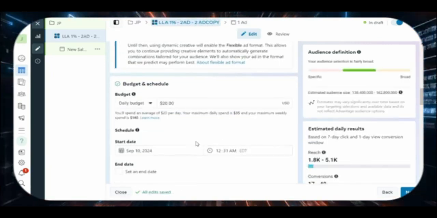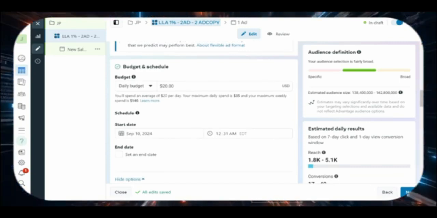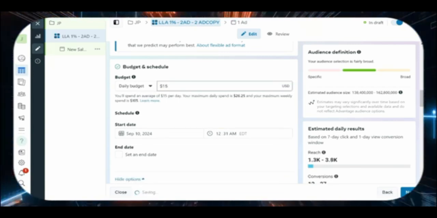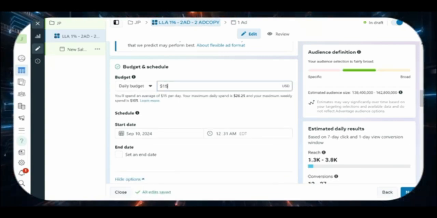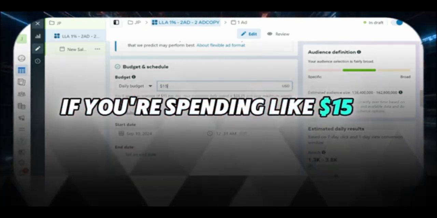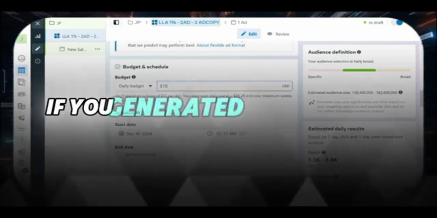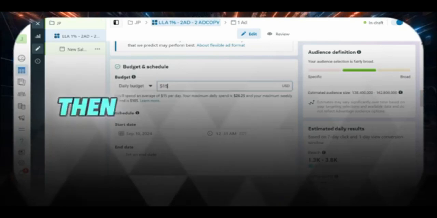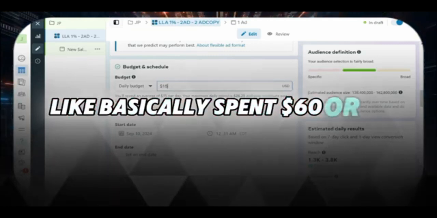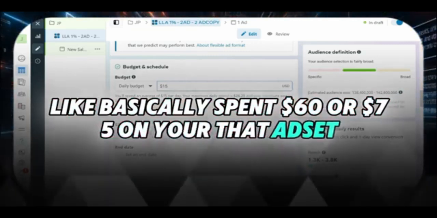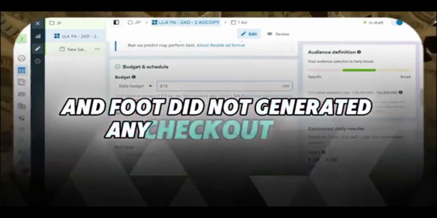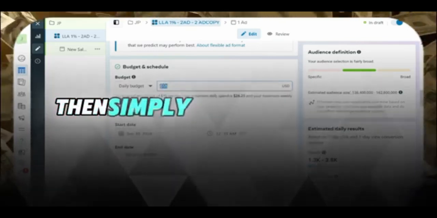So okay, budget is very important. If you're promoting supplements, and if you have a $15 budget, then go with like 3 days at $15. Okay, it totally depends on your budget. You can spend a little bit more. Oh, okay, I'm gonna tell you one more very important thing. If you're spending $15 a day for 3 days, and you generated any initiated checkout, then I suggest spend $15 more, basically spend $60 or $75 on that ad set. If you did not generate any sale and did not generate any checkout in $45, then simply pause that ad